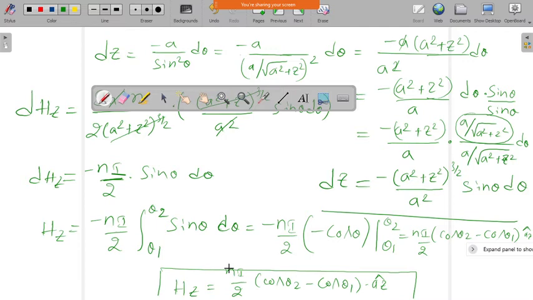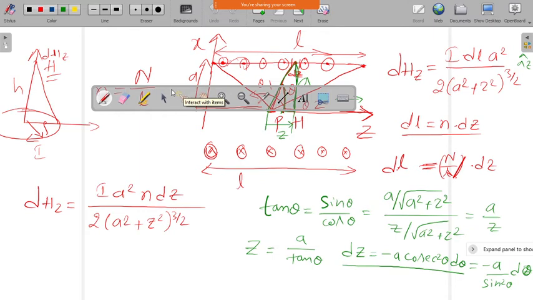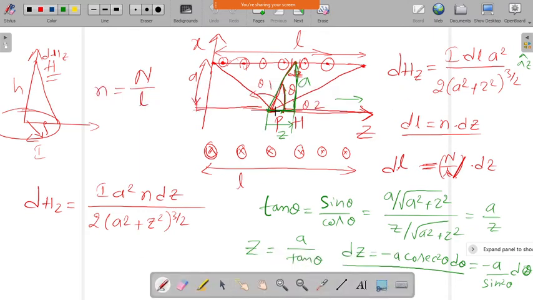Now if we take the point exactly at the center of the solenoid, what happens? Wherever the length is L by 2, if I substitute that, this n will give n into I divided by 2L into cos theta 2 minus cos theta 1 into az. Now if I take the point exactly at the center of the solenoid, this will be nothing but L by 2 and this will be nothing but L by 2.